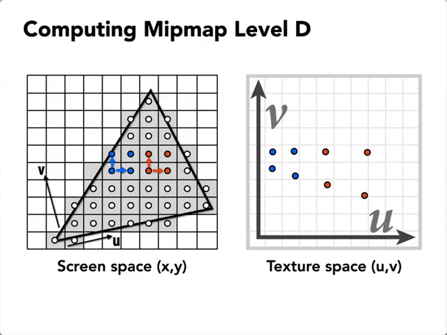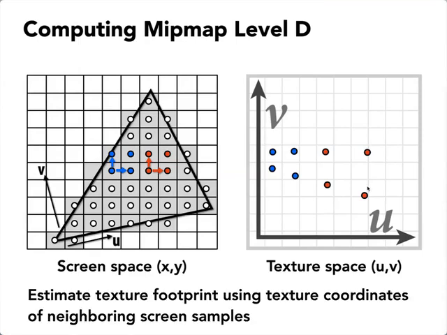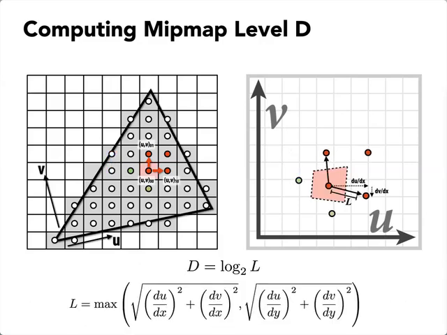The larger the projection in here, the higher the mipmap level that we're going to want to go to, because we want to go to lower resolution texture images. So estimating the texture footprint size here in texture coordinate space of neighboring screen samples, which is very related to that Jacobian observation that I made earlier mathematically, is a way computationally for us to estimate which level. What is done by convention, although there are different trade-offs that can be made, and you could explore them very easily in your code when you get to this part of the assignment if you wish, is to calculate D